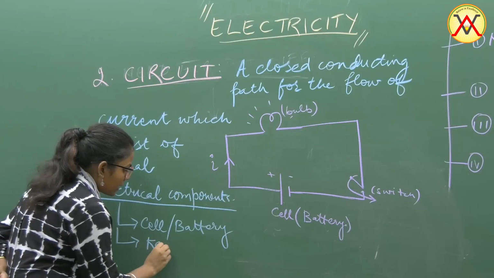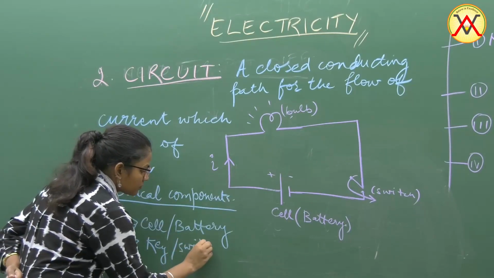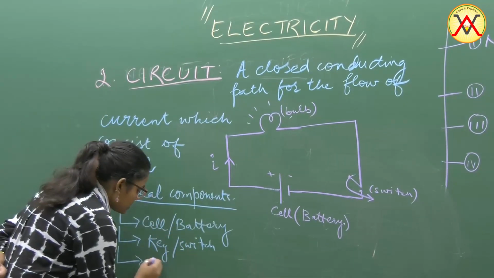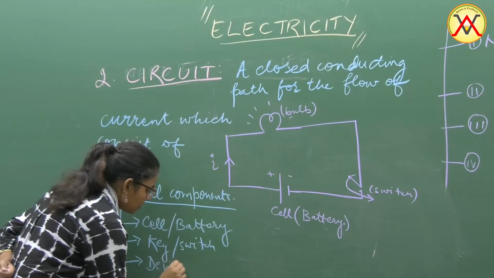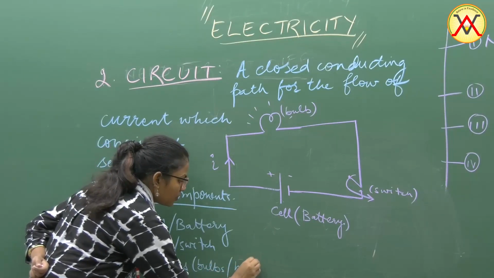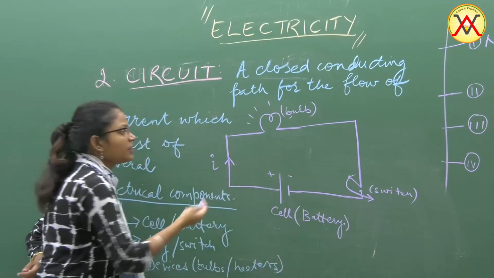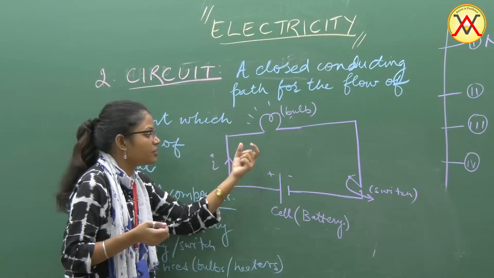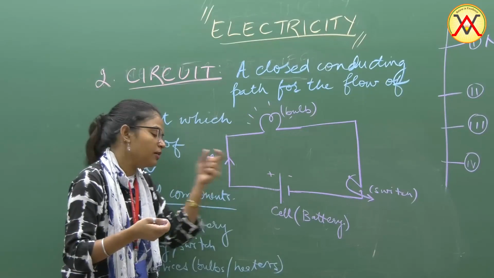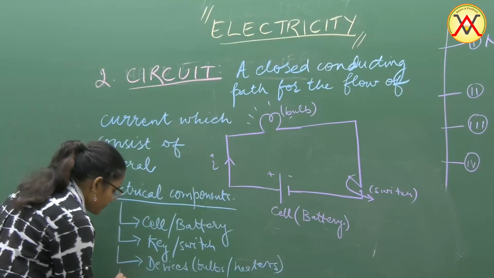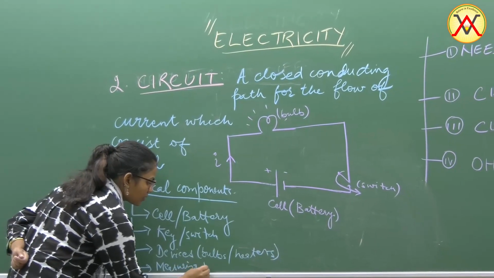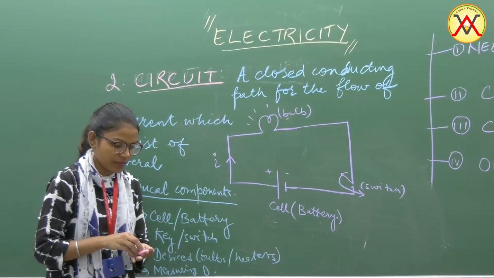It also includes a key or a switch. Then it includes certain devices or appliances such as bulb or heater. Along with it, if we wish, we can measure our current or potential difference using certain devices known as ammeter or voltmeter. They are also our electrical components, measuring devices. Okay. So,